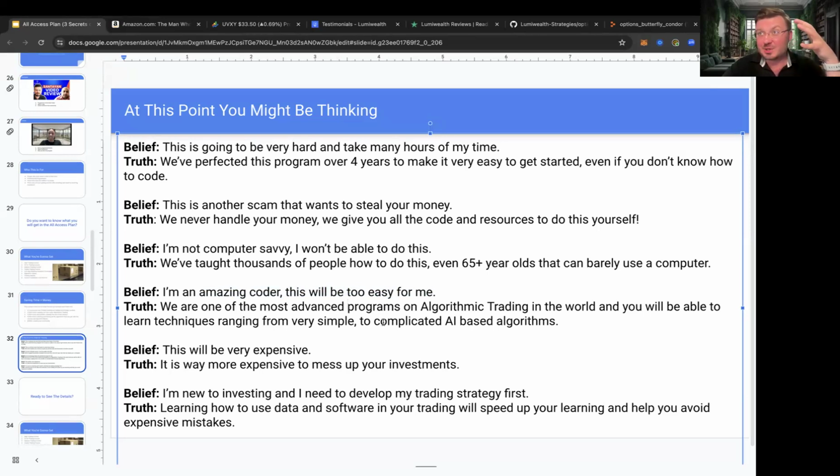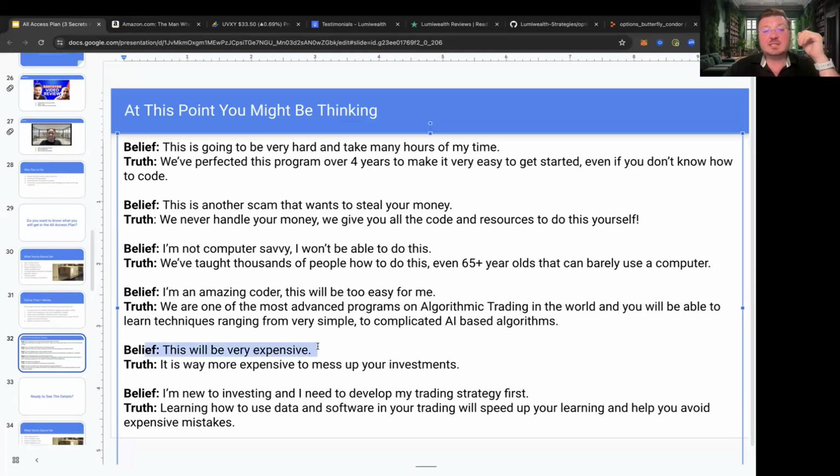Even if you're a fantastic coder, believe me, you will want to use our code. You'll want to see from our instructors how to actually set the stuff up and do it properly. Because even if you're a good coder, even if you've been coding algorithms for a while, doing it properly so you don't lose your money is a very different story than just being able to code an algorithm, right? So if you are a great coder, check out our programs. I think you'll be very satisfied with the detail of knowledge that goes into all this stuff, right?